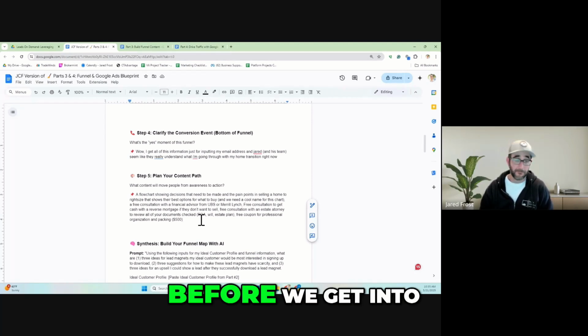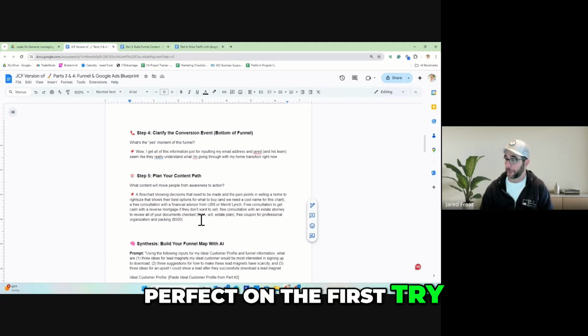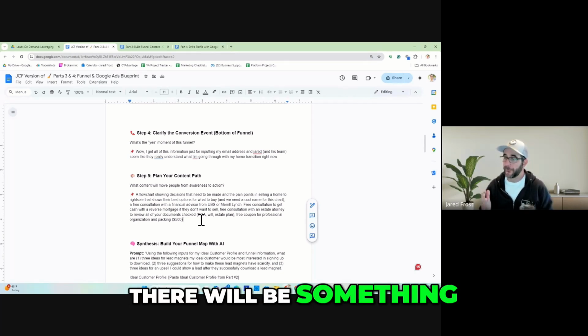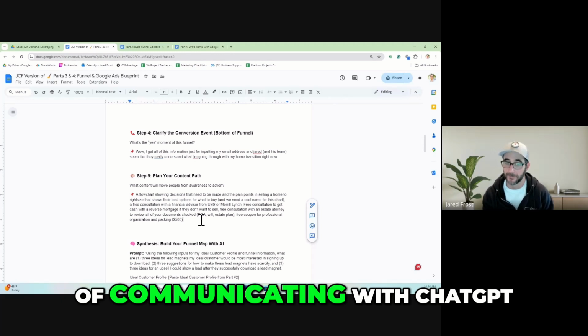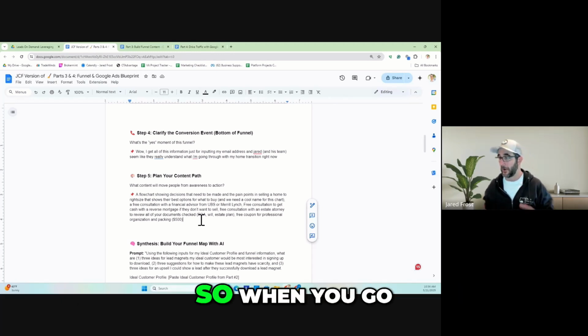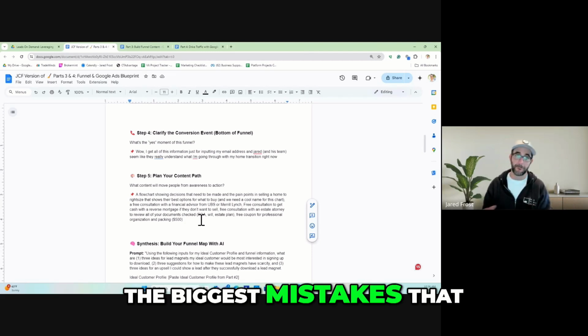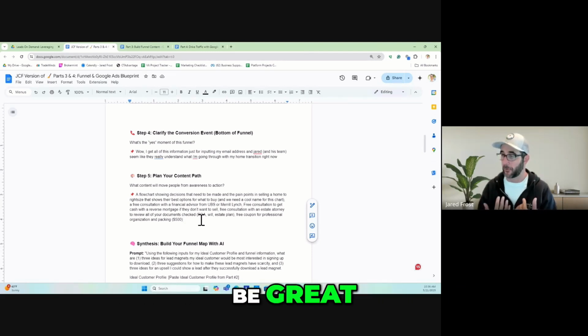Cool. I'll be honest, before we get into the ChatGPT section, it will never be perfect on the first try, ever, right? There will be something that's off. So what we're going to do here is also go through the process of training, of communicating with ChatGPT. So when you go through this process, you always want to edit it, right? I think one of the biggest mistakes that people make with AI is they assume that whatever AI outputs is going to be great,